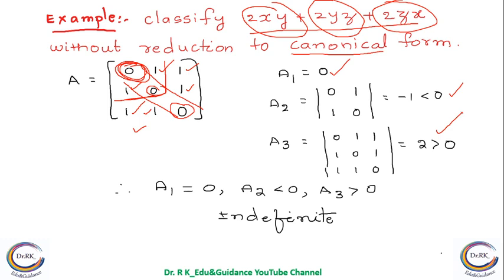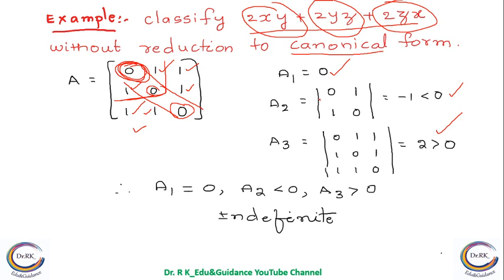So, just as a recap, if all of these A's are positive, then it is positive definite. If any one of these A's is zero, then it is positive semi-definite. Right? Alternatively,